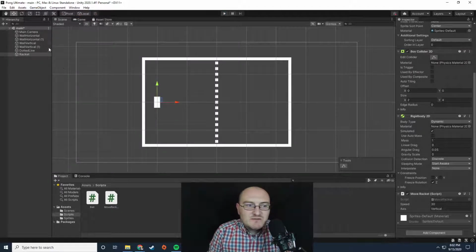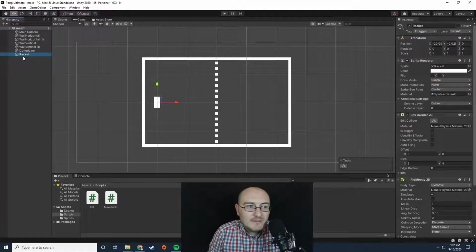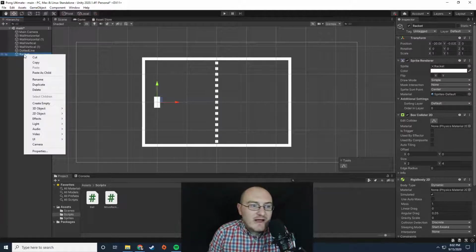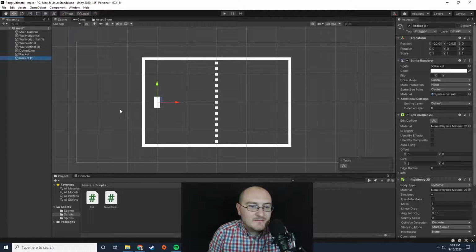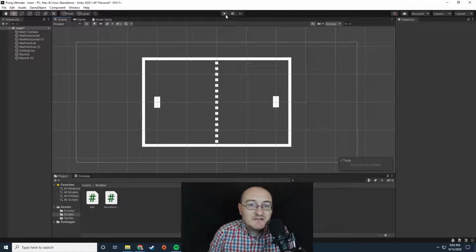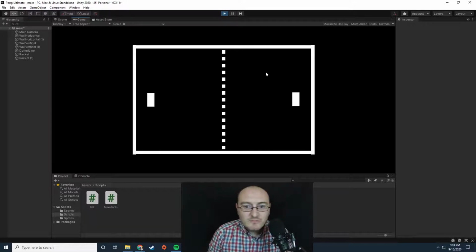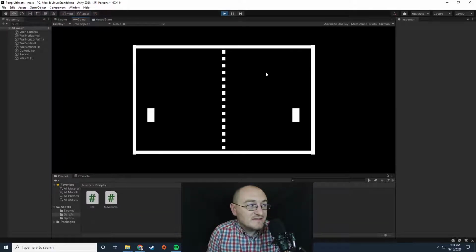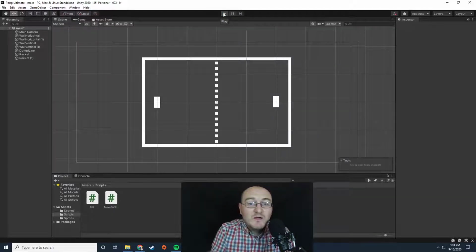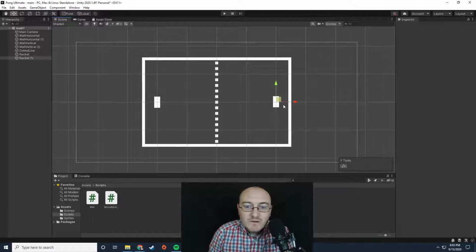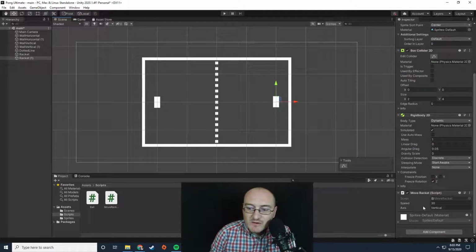Okay. So now that I have a racket that works, I'm going to right click on racket, click duplicate, and then drag my new racket over here. Now this new racket is going to be player 2. Now player 2 is controlled by the same buttons as player 1. Right now, we're about to fix that problem. So notice when I select player 2 and I go down to the script, I have this axis option. What this is referring to is basically control axes